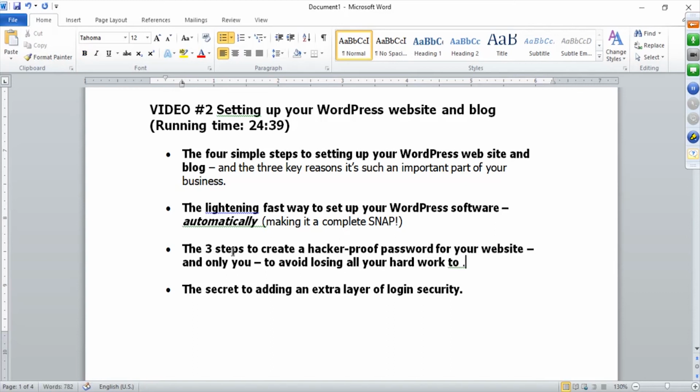For your website, so only you have access. Actually, let's just get rid of that altogether, because of course it's your website, right? So, three steps to create a hacker-proof password for your website to avoid losing all your hard work and ensure maximum security. Okay, so we're playing on the fact that people are always concerned about their security, and by ensuring